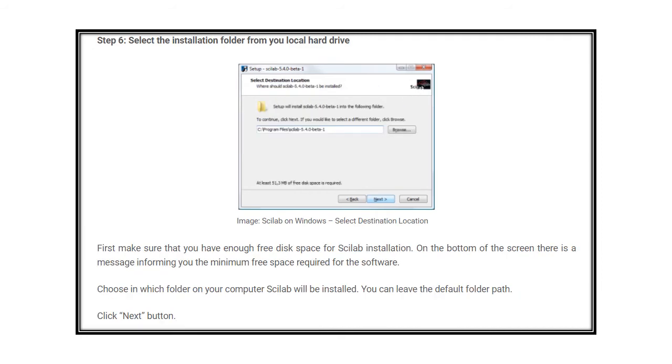Once it has been clicked, it will ask you where to install the folder in your hard drive. By default it will be in C colon programs. If you don't want it in C, you can click browse and change it. Better you leave it as it is, it will get installed in C drive itself. Okay, then you have to press the next button.